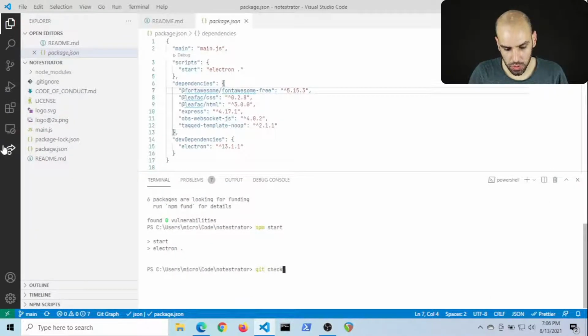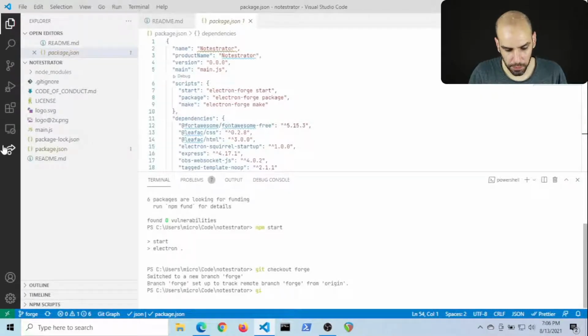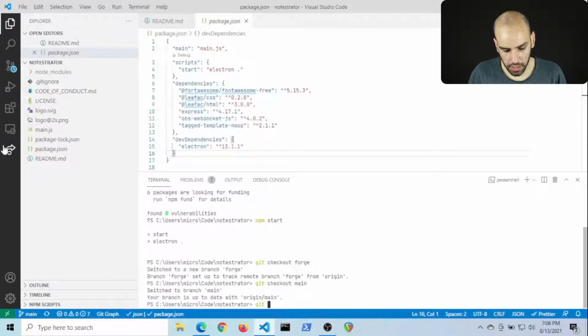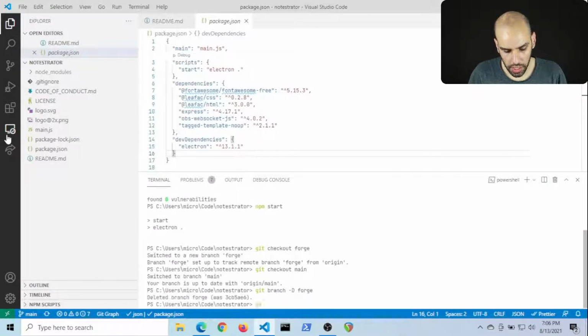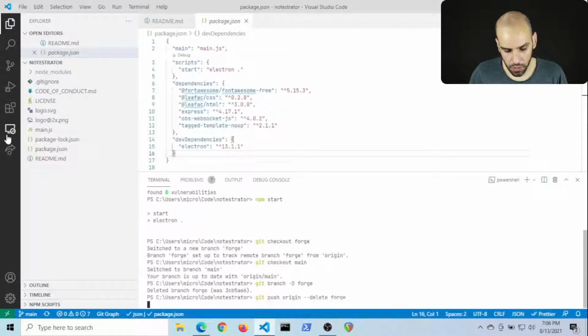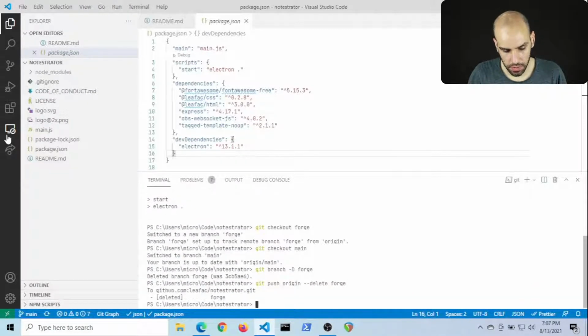So let me go to the Forge branch and actually delete it. Well, I don't actually need to check it out. I can just go to main and delete Forge and push origin delete Forge, and then I can check out.